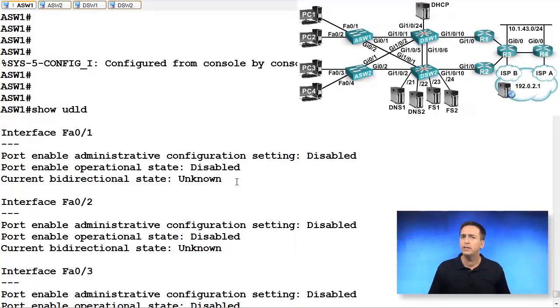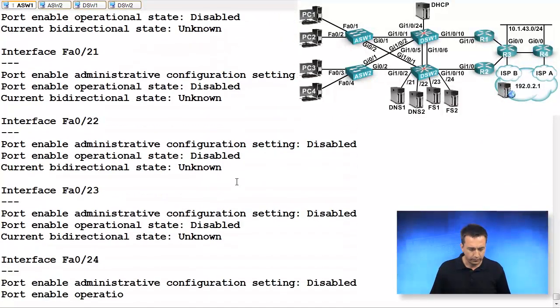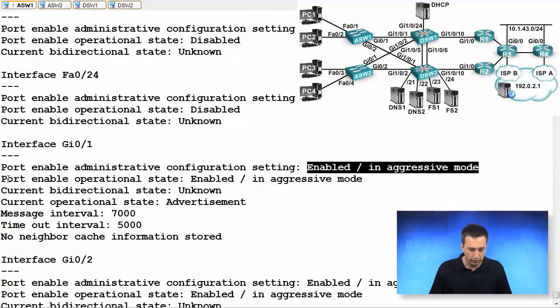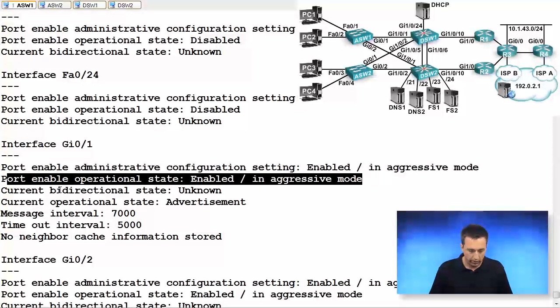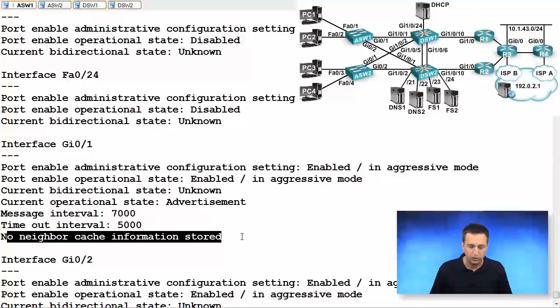What did we do? We did gigabit 0/1 and 0/2. So let's go down to that section, and we'll see what it says. It says here that port-enabled administrative configuration setting is enabled in aggressive mode. Port-enabled operational state is enabled in aggressive mode, but the current bidirectional state is unknown. And there's no neighbor cache information stored. Why is that? Because we did not configure the other end of the link for UDLD. It has to be configured on both ends if we want it to work, because it is a bidirectional communication